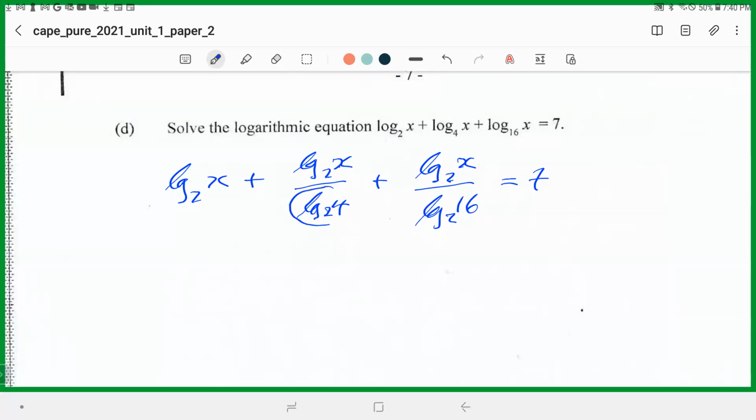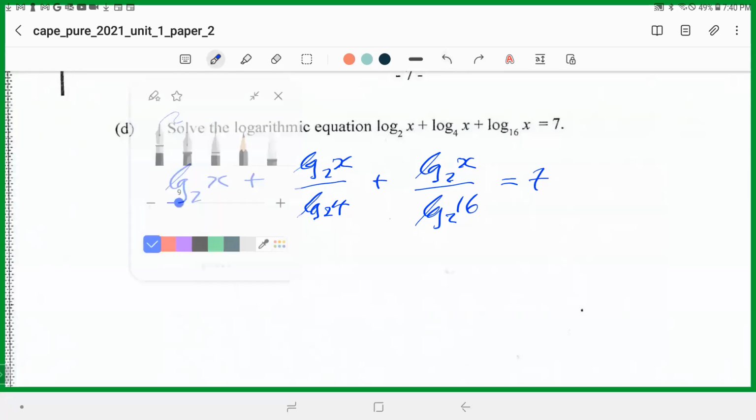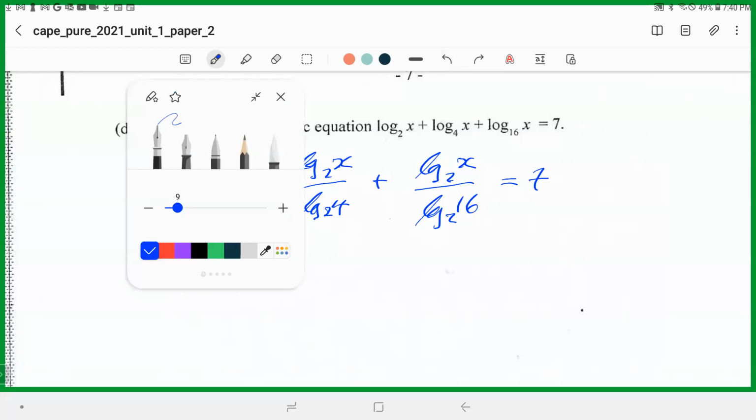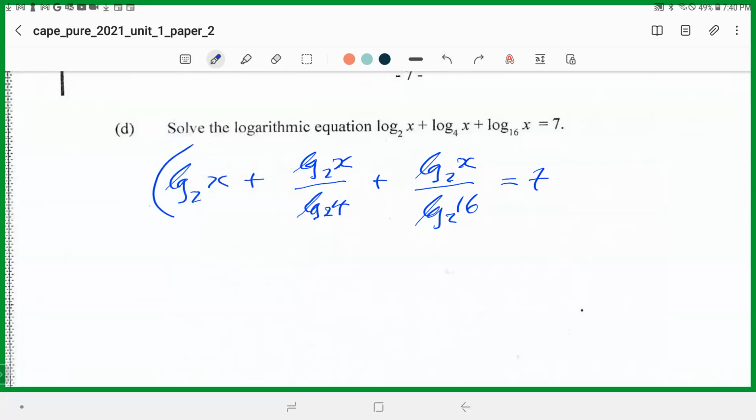Because this can be worked out. That equals 2, you know. Let's put it in the calculator. And this equals 4. See that 16 here? It is the same as 2 to the 4th power. Let me write the next one. Let me leave this as it is. This becomes log to base 2 of x plus log to base 2 of x over the 4 here, same as 2 squared. It becomes log to base 2 of 2 squared